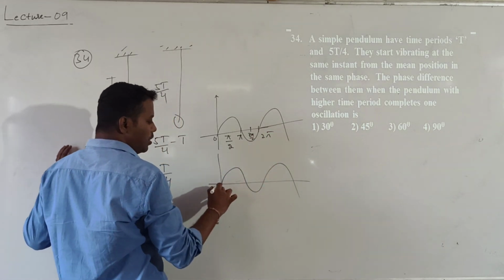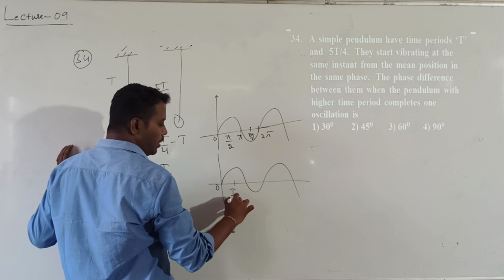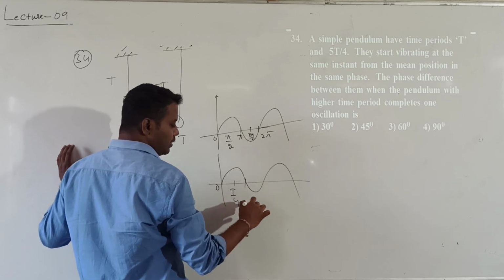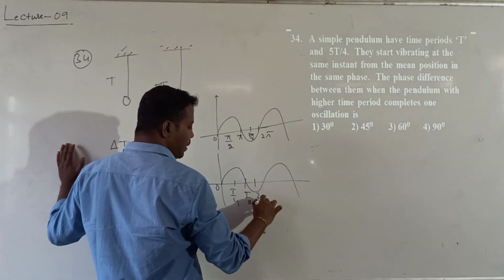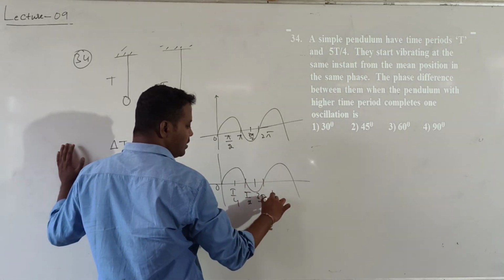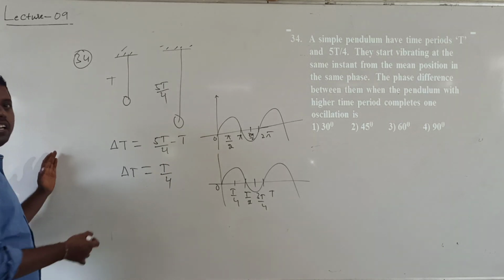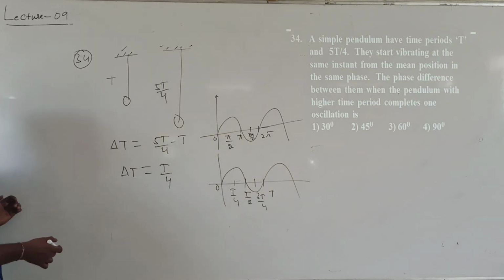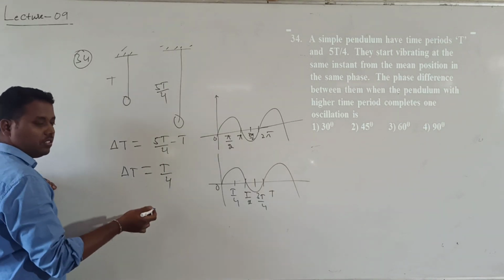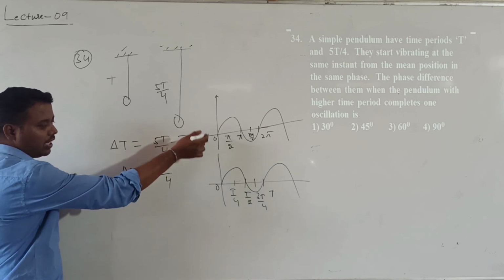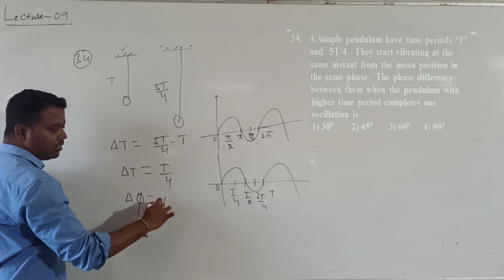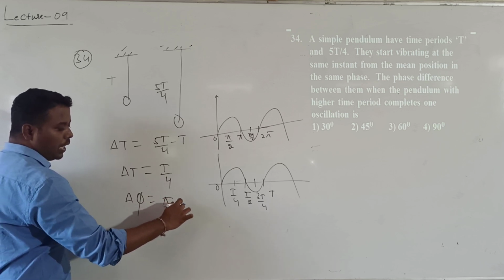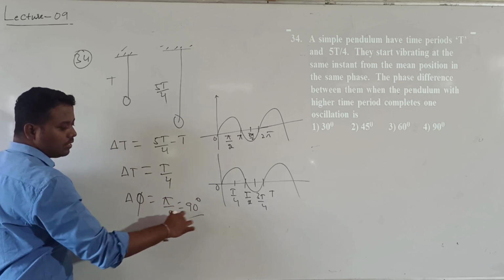Whereas in terms of time, it was 0; here the time period is T/4, here T/2, here 3T/4, and here T. You can also calculate this, since there is a relation between phase difference and time difference. So directly you can tell, corresponding to T/4, the phase difference value is equal to how much? Pi by 2, which is nothing but 90 degrees.